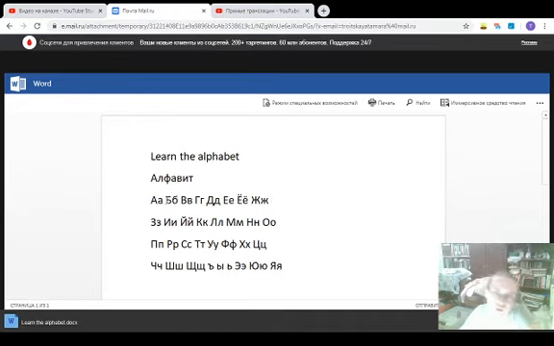It's like in English when we use big letters when we want to write a name or something else, and when we begin the sentence. Okay, and G,